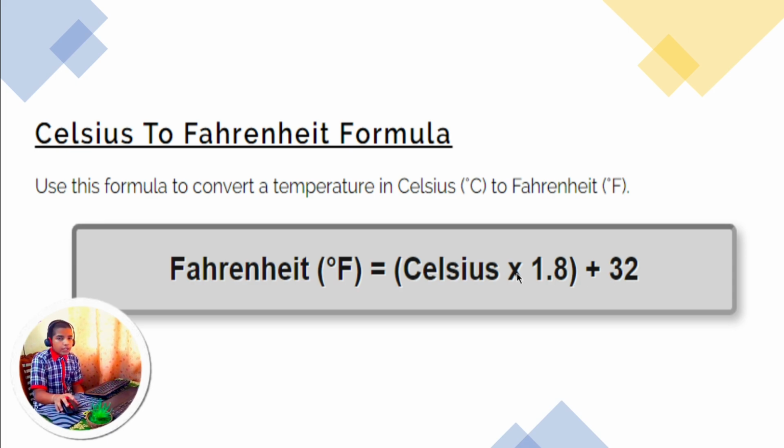So what we'll be doing in our program is we will take a variable called deg_c or something else that basically represents our Celsius. So we will take the input from the user, then we will just hit enter and we will type Fahrenheit is equal to the variable that we took. I am just calling it deg_c into 1.8. So in most of the programming languages, instead of this x we use a star, and now plus 32, then we will print the Fahrenheit variable.